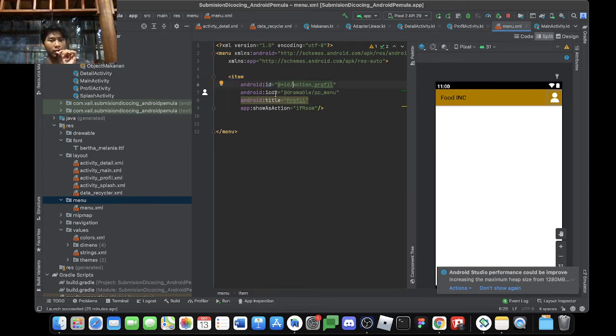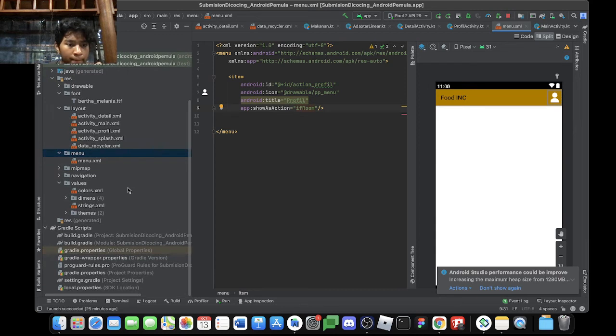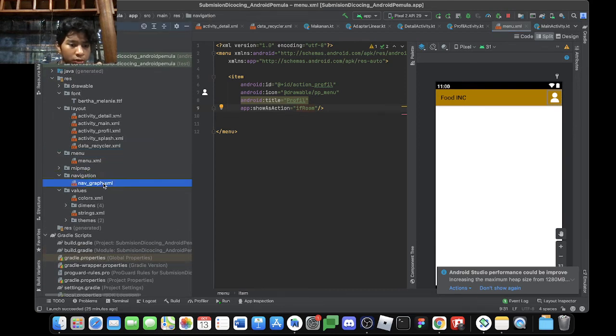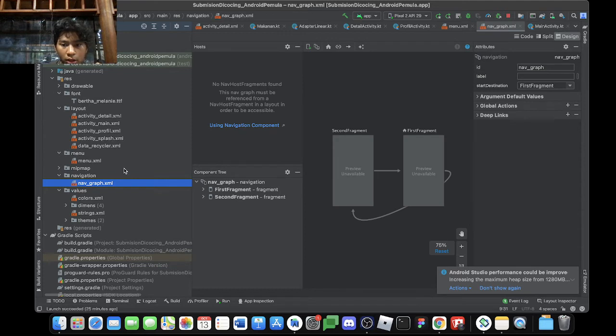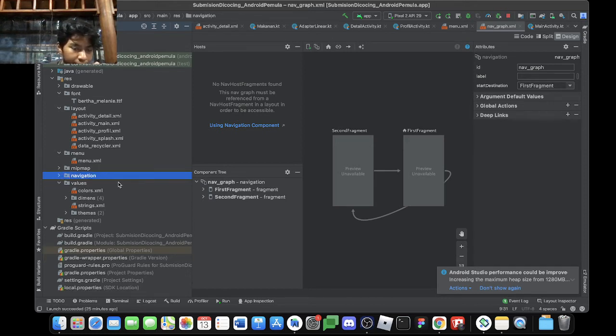Add the ID, icon, the title, and the showAsAction is ifRoom. Okay, and then navigation, what is it, for the first one we don't need navigation.